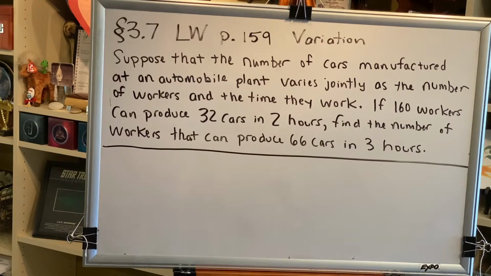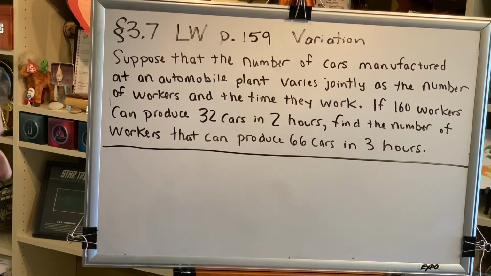Here's the first one. Suppose that the number of cars manufactured at an automobile plant varies jointly as the number of workers and the time they work. If 160 workers can produce 32 cars in 2 hours, find the number of workers that can produce 66 cars